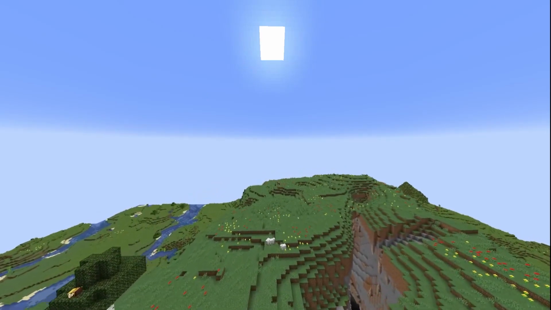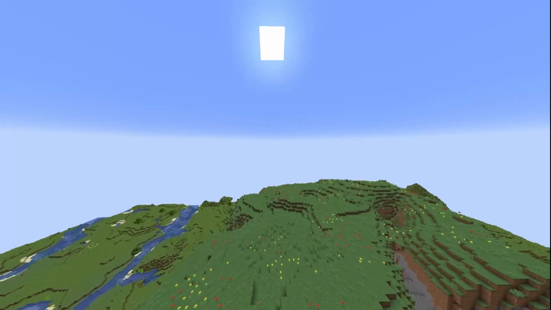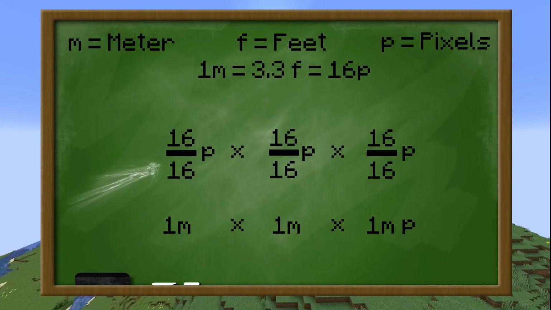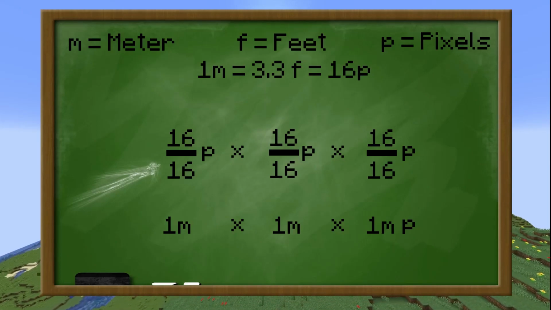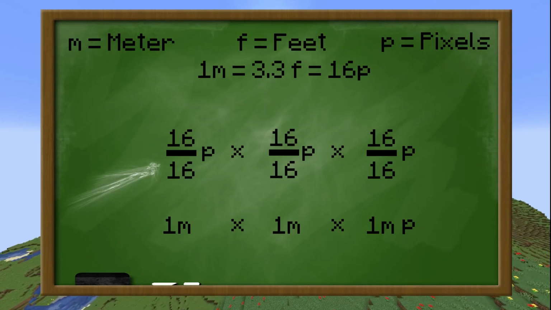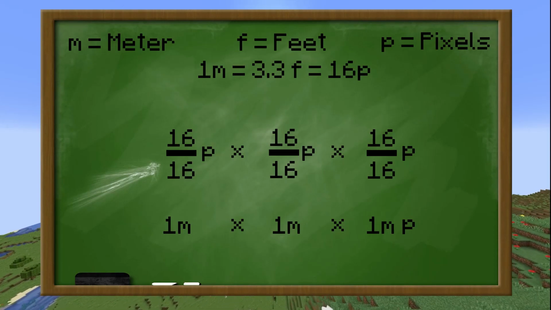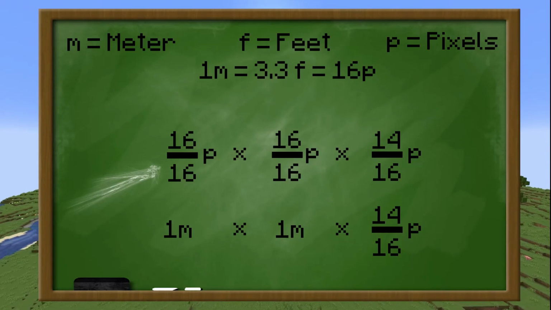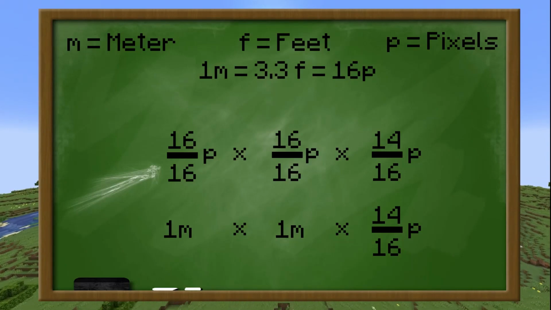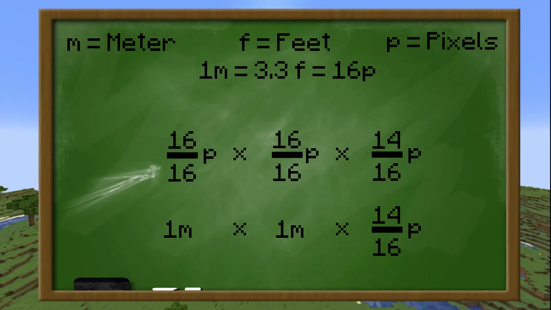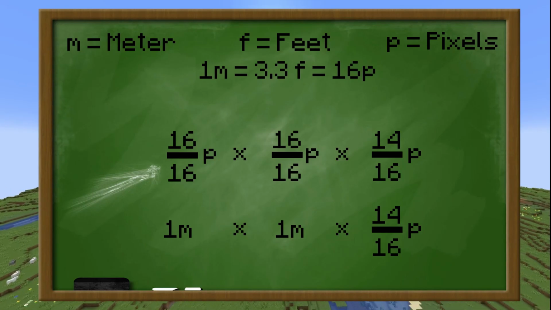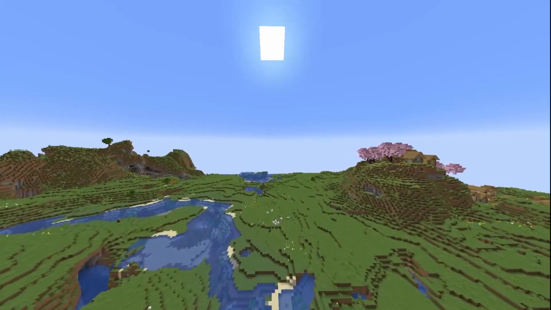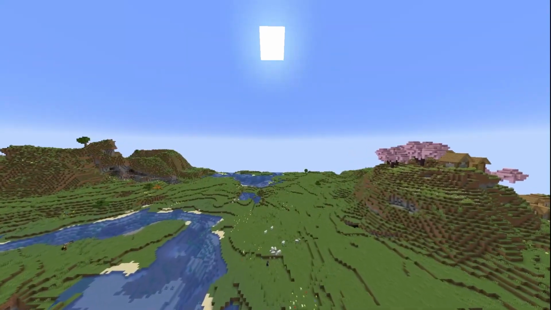When measuring, I'm using pixels in fractions with a metric system, so a block would be 16 over 16 times 16 over 16 times 16 over 16, which will be 1 by 1 by 1. So a water source block will be 16 over 16 times 16 over 16 times 14 over 16, or 1 by 1 by 14 over 16. So when we have set the parameters for measuring and calculating block size, it's time to look at a source